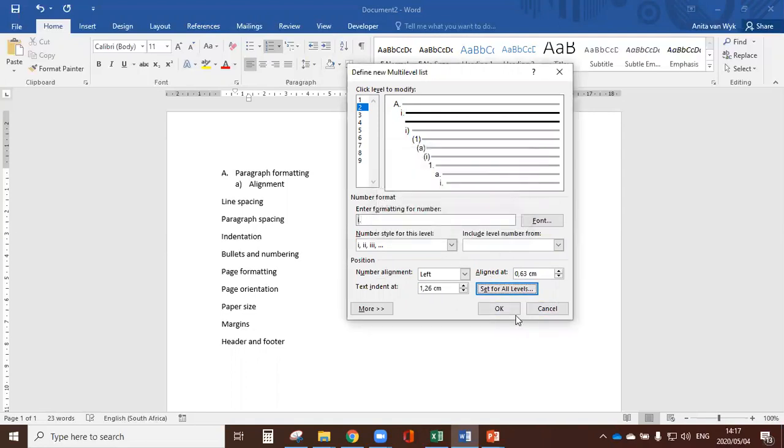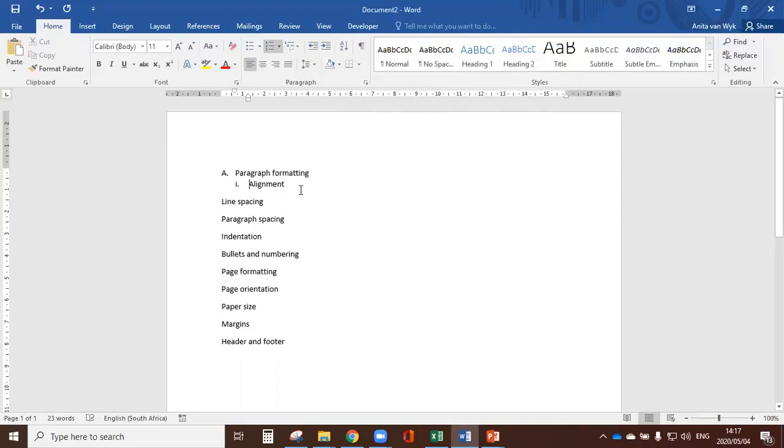Set my levels and click OK. There we go. Let me show you again. Okay, so here, if I go to the next level, it shows a B, but it needs to be a subheading or a sub-bullet. But I don't want to use little a's, so I'm going to,